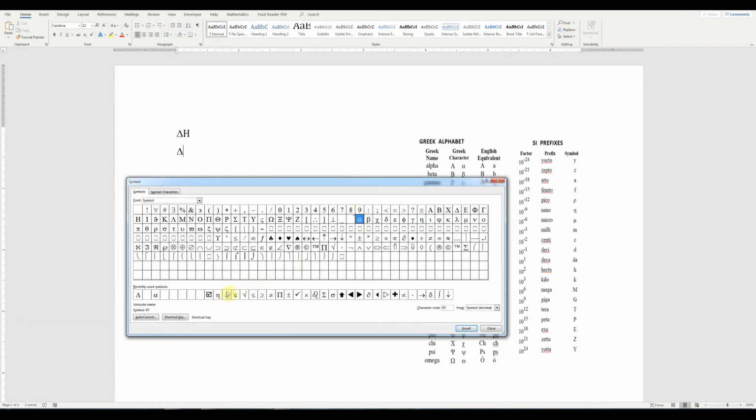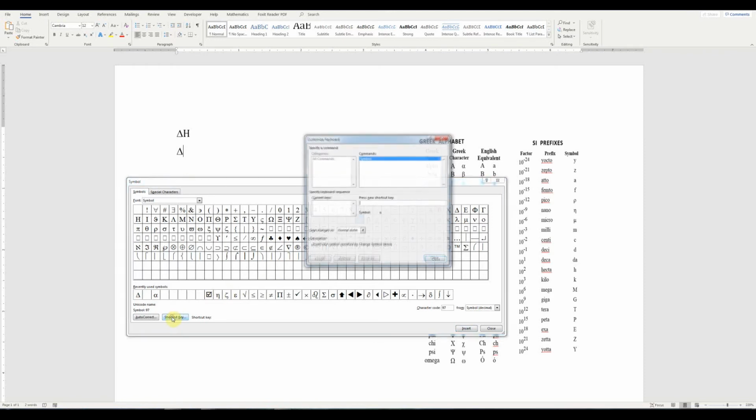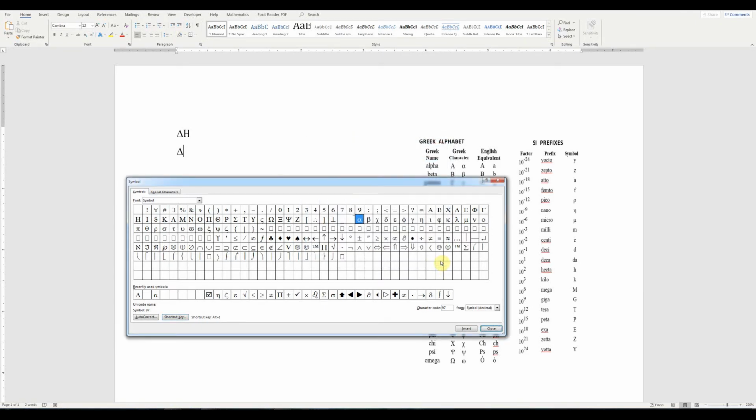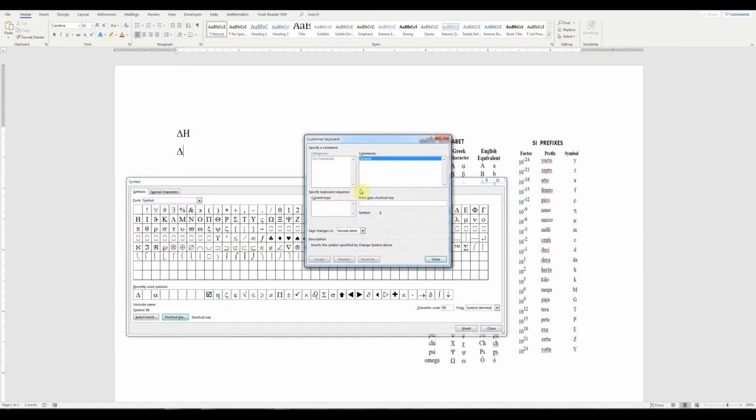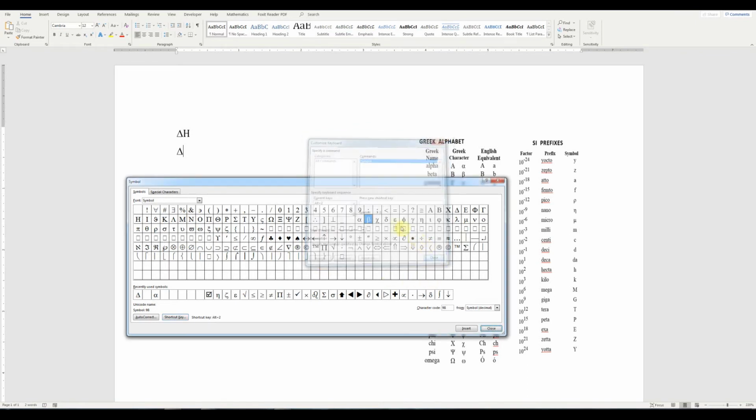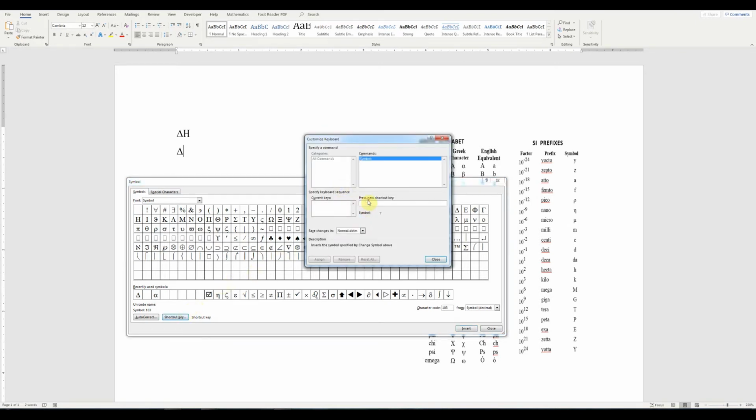So here it goes. It's real easy to do. I'll choose alpha, shortcut key. I'm going to choose Alt-1 and assign and close. So that'll be the first letter of the alphabet. That's easy for me to remember, Alt-1, first letter. How about beta? Let's go shortcut key. I will assign Alt-2. That's the second letter in the alphabet, and assign it and close it. And the third letter, alpha, beta, gamma over here, third letter, shortcut key. I'm going to assign it Alt-3,